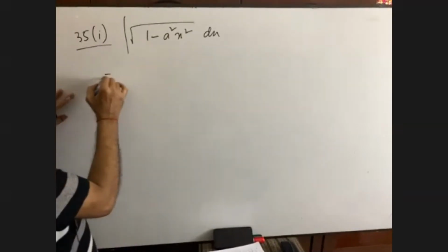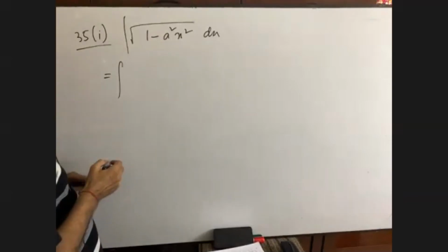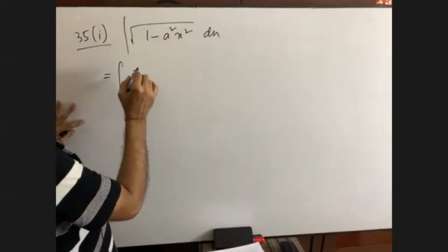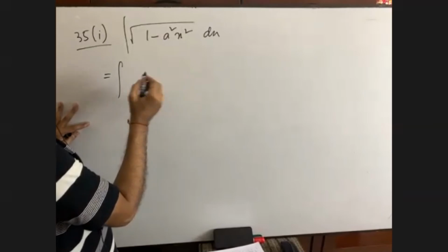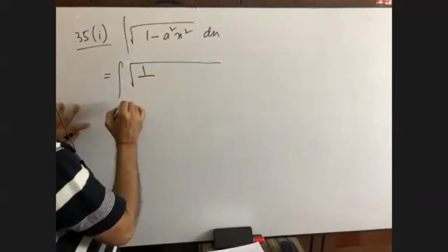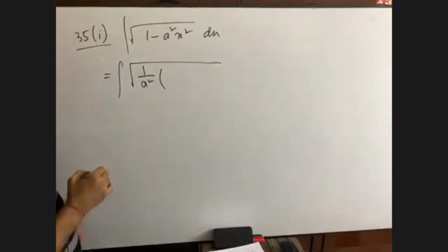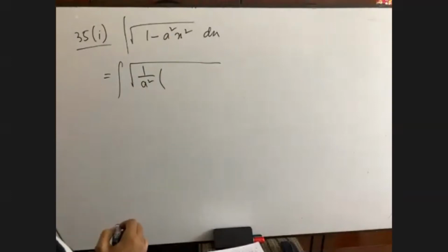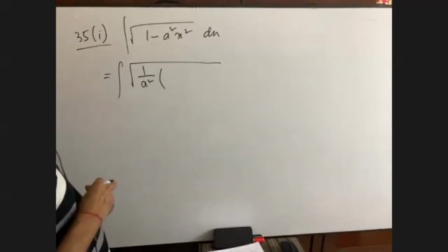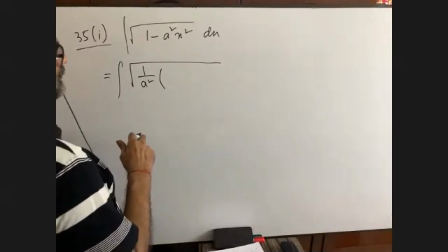Okay, that's good. What is to be done? Talk to me. Can you please let me know? Root over 1 by a square. Okay, I'm going to take this common to make x square free. Is it? So it is a square,